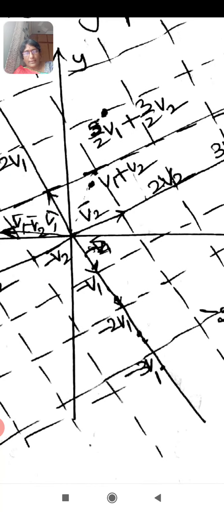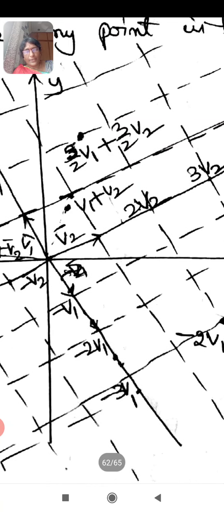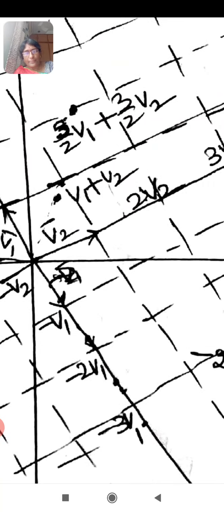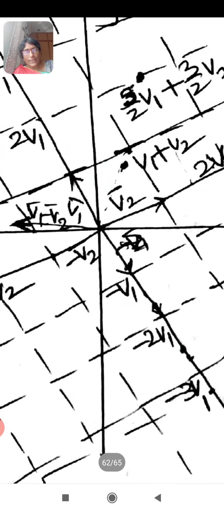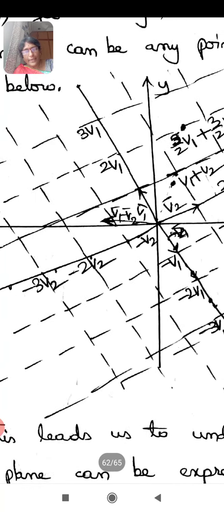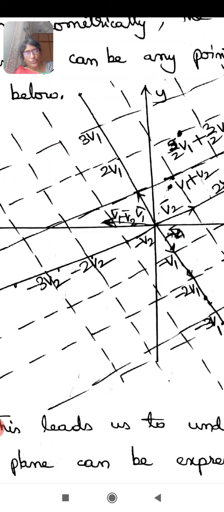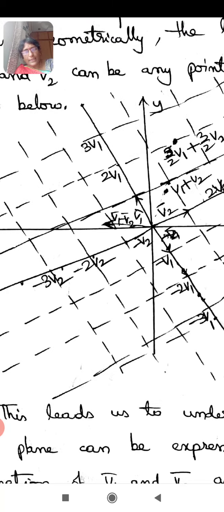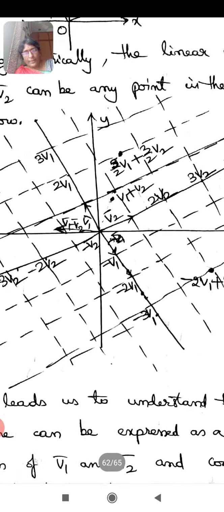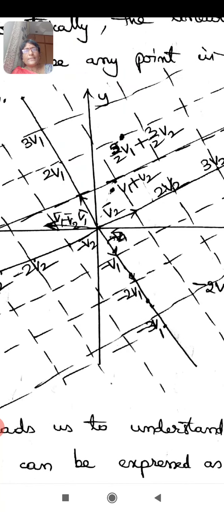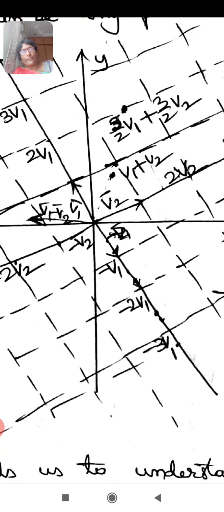And on the other side, in the first quadrant we have taken the other vector v2 bar, and with the same argument we can say that 2v2, 3v2 are the positive scalar multiples of v2, and -v2, -2v2, -3v2 are the negative multiples of v2 bar. All the scalar multiples lie on the same line, just as for v1 bar. So what are these parallel lines? I have taken some parallel lines both for v1 bar and v2 bar.